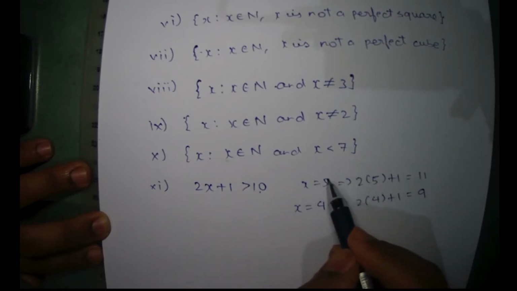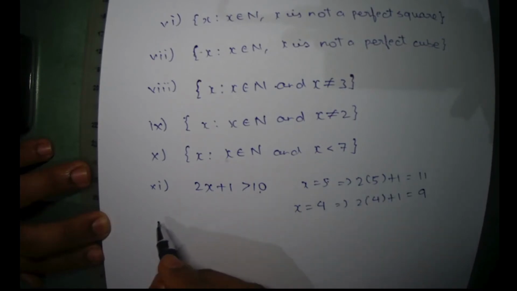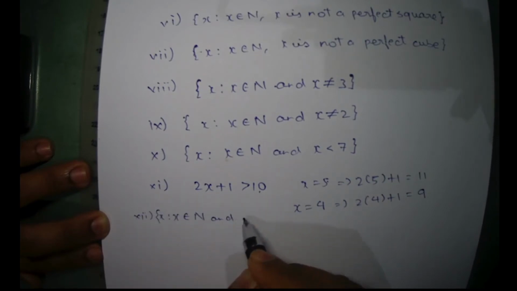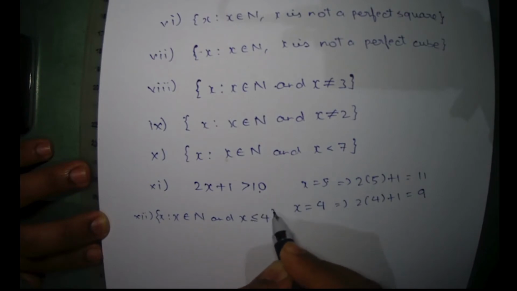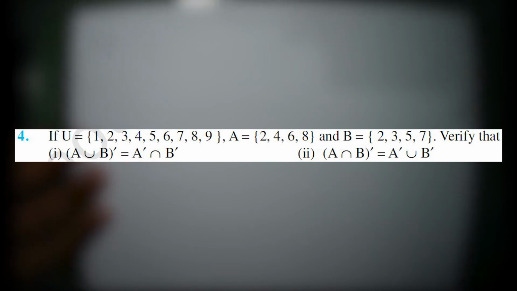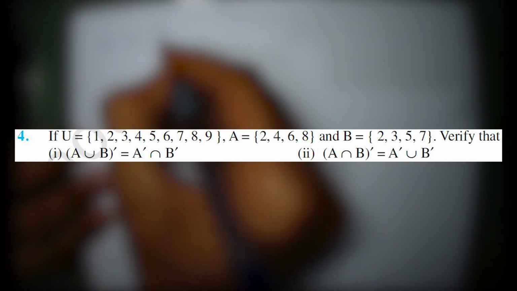So any number greater than or equal to 5, like 6, 7, will solve this. So we need numbers less than or equal to 4. So we have x belonging to N and x is less than or equal to 4. This is the answer. So coming to the fourth question, we have a universal set U as 1, 2, 3,